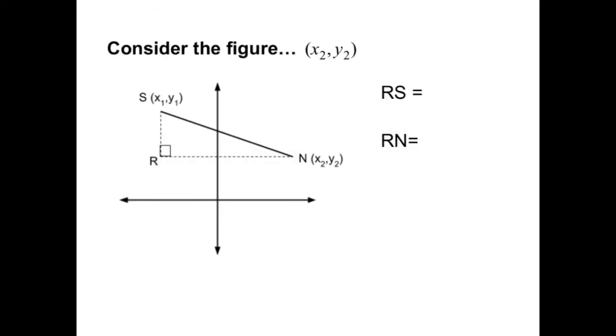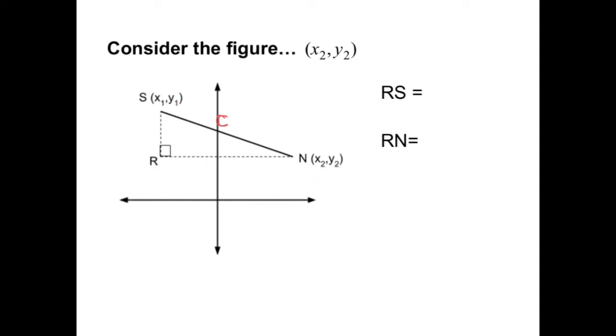It just so happens we can always use the idea of creating a right triangle when we have a sloped line. And we can always use that idea of creating a right triangle to use the Pythagorean theorem to find the distance of that line, which would always be C, the hypotenuse. So if we look at any 2 points, we're going to make x1, y1 this point S, and N is down here at x2, y2. Remember the little ones and twos are just telling us that this is the first point and this is the